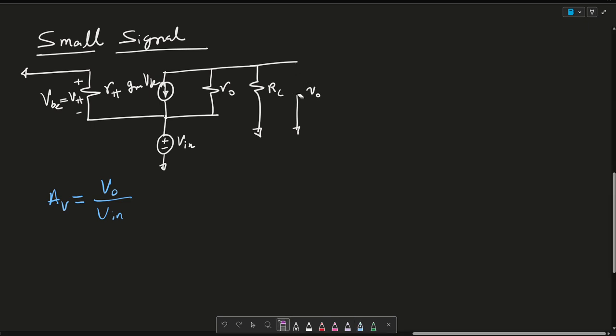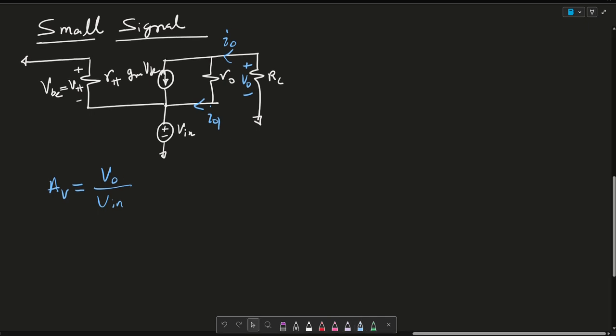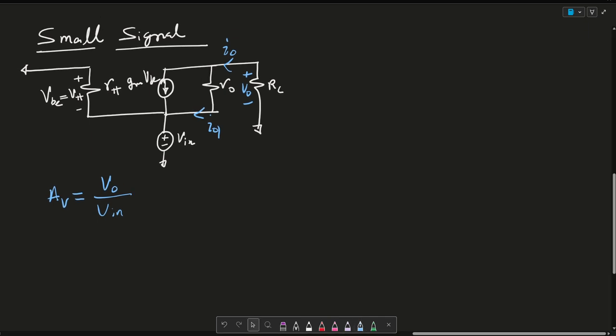So I'm going to cancel this VO, and I'm going to say that it goes across this RL resistance, which it does at AC analysis. And there's a current source IO that goes there, and a current source IO1 that goes right there. I'm going to start by writing a